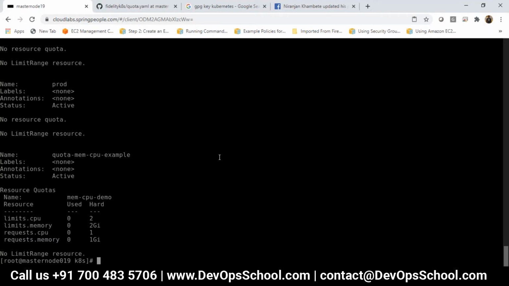Is it clear? What is the difference between limit CPU and request CPU?